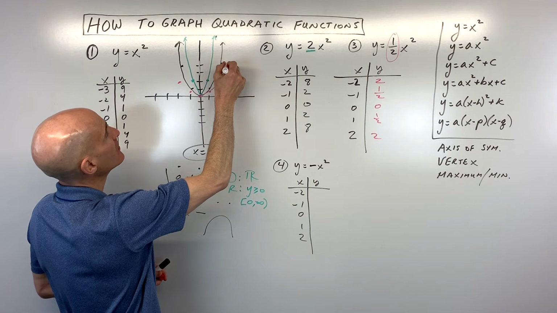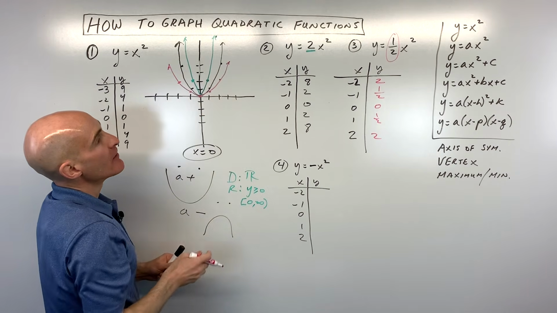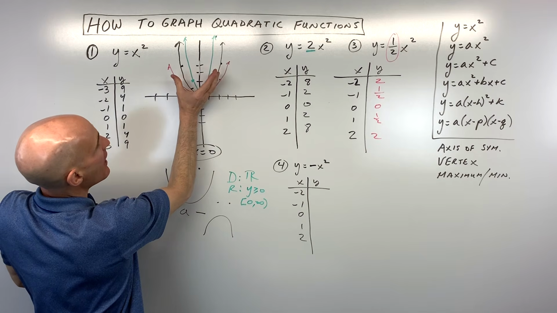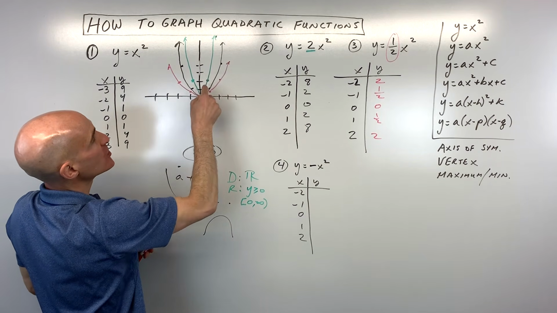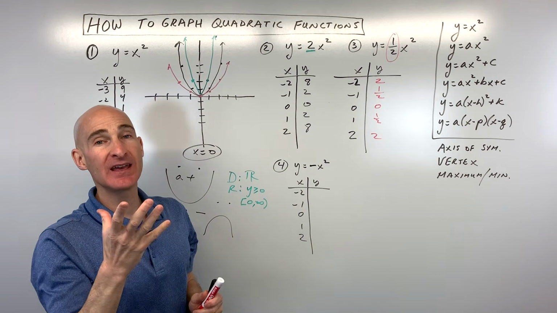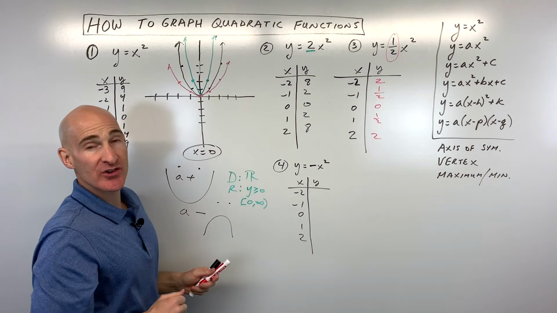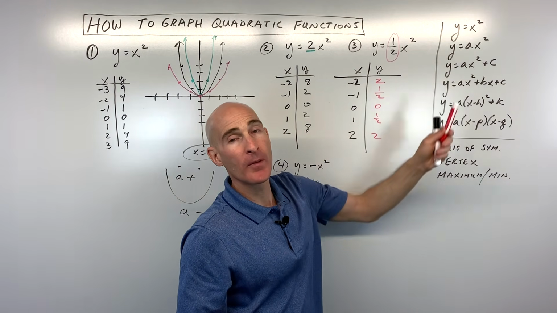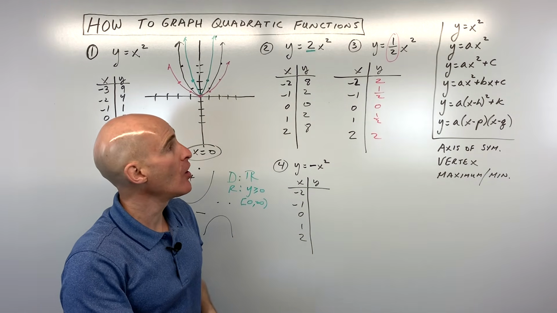Here, you see the red graph? This is a vertical shrink. What happened was it actually made the graph wider. The black one was the original one, the red one is the new one, and it's just a vertical shrink. You're compressing it, making it wider. The domain and the range are exactly the same. When you're talking about the a value, you're talking about the vertical stretch or shrink,